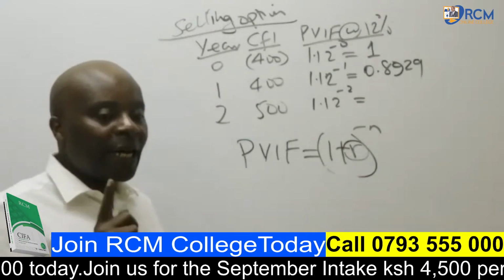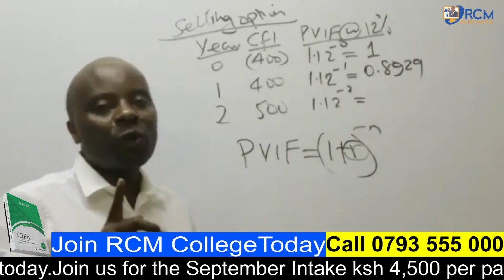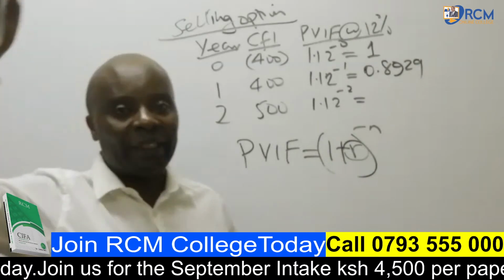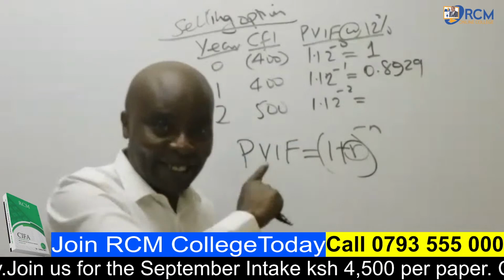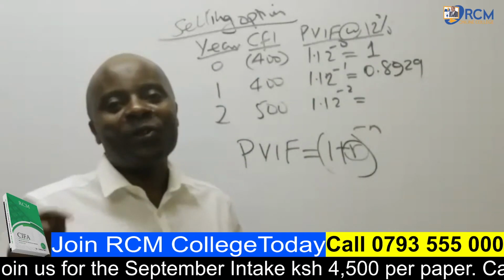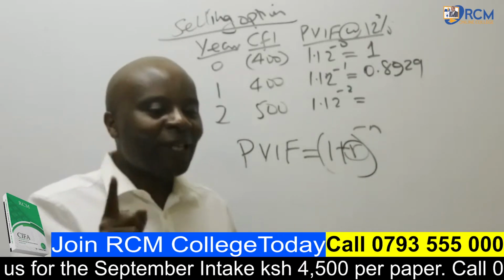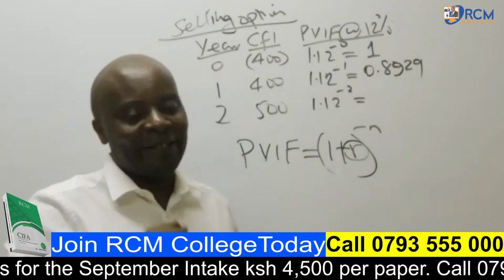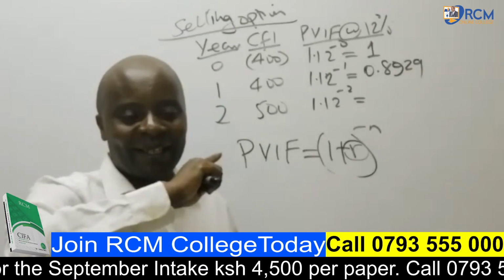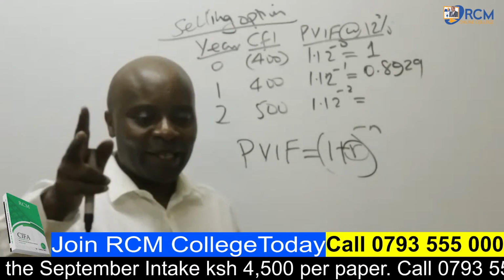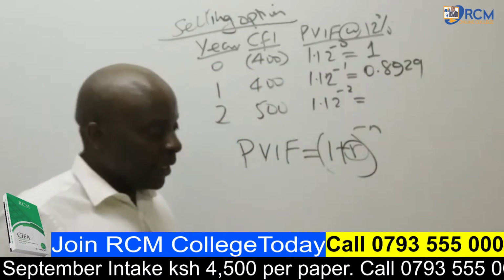And then, ladies and gentlemen, the other advice that I would want to give each one of you who is studying for this paper, when you're revising, don't look at this paper as if it's a mountain. No, it is these small things that you're doing here that will count. These small things. Like now today, I'll do this. I'll do 2 theory questions, and I'll do 1 question of purchasing power parity. That is my objective. 3 things. This. Number 2, I'll do 2 theory questions and the purchasing power parity. And then from there, I'll be able to leave you guys to go and sleep, because I know you love